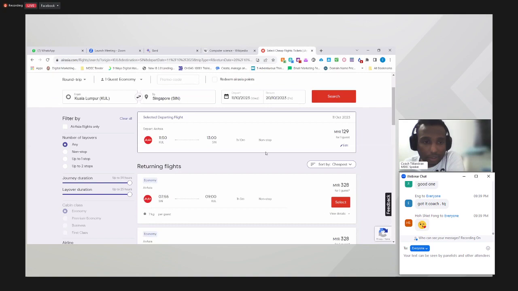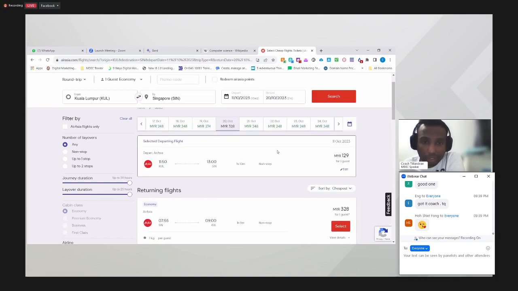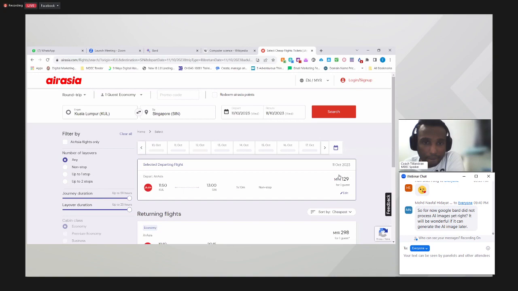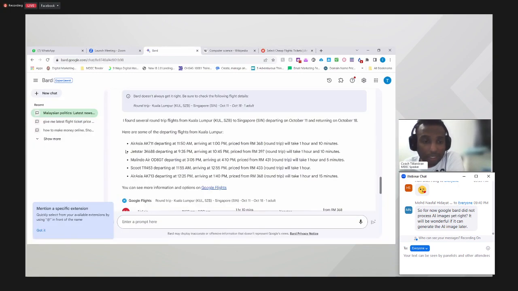And is this flight real? AK, let's see, is this AK? I'm not sure what the flight number is. Sorry, let me just hold on. Okay, kejap. It's not showing the flight number here. Okay, tak apa. Dia tak ada flight number, tapi at least the point here is that you can get price details over here.